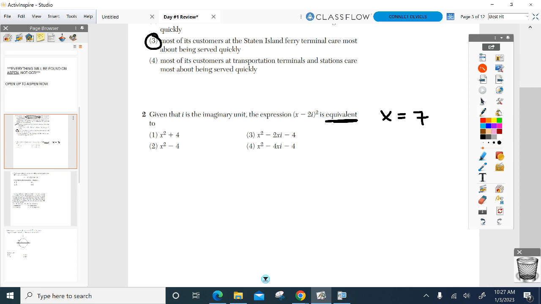This is what's going to get you to pass, guys. I know it's not really mathematical, but this is what's going to get us there. Anytime I'm looking for which one's equivalent,